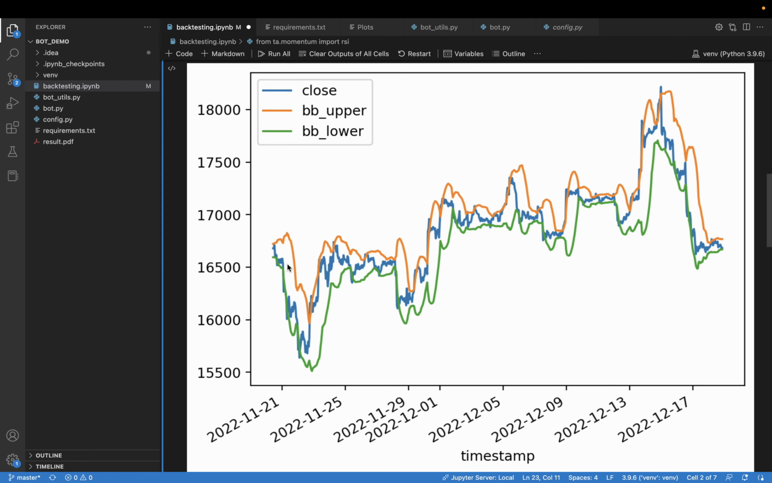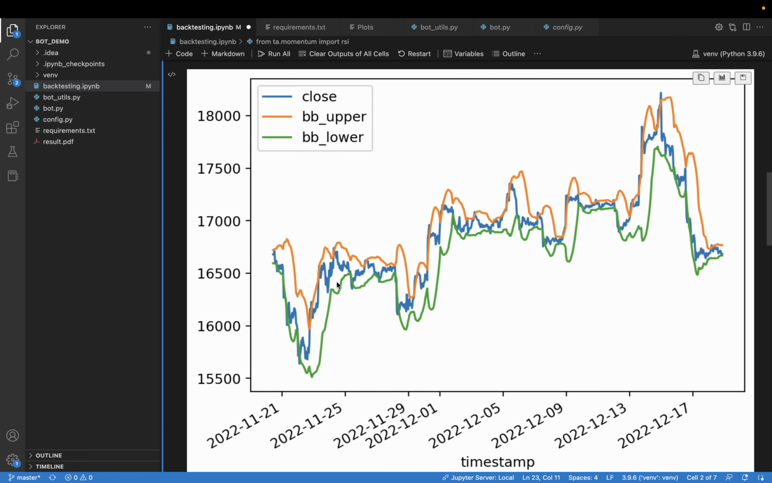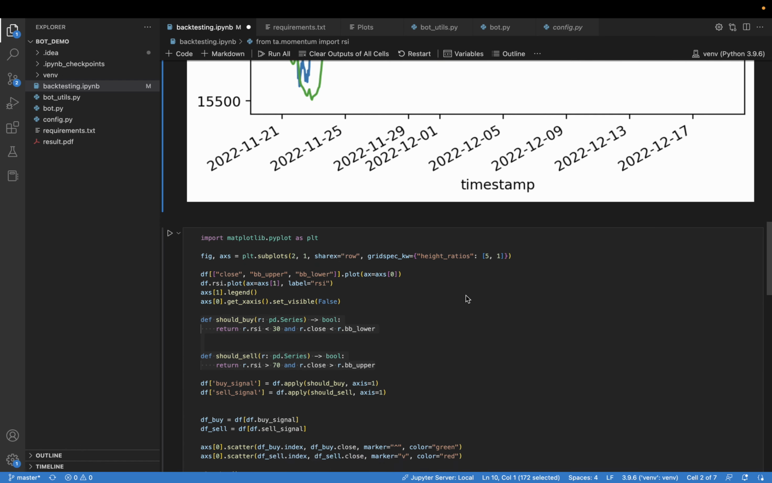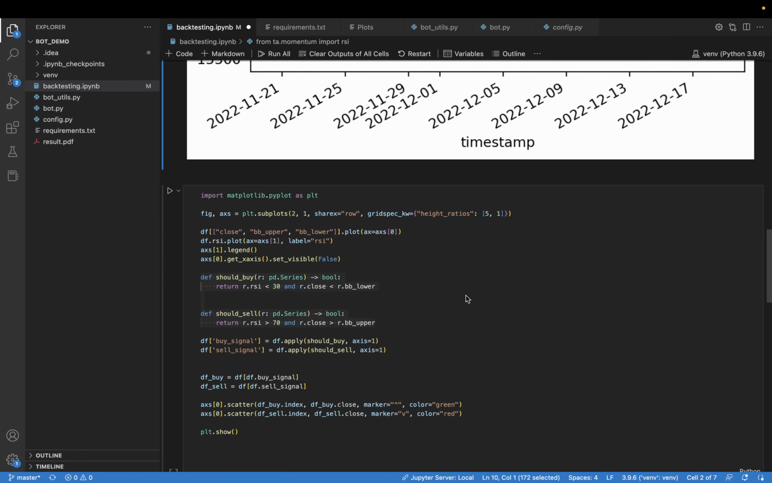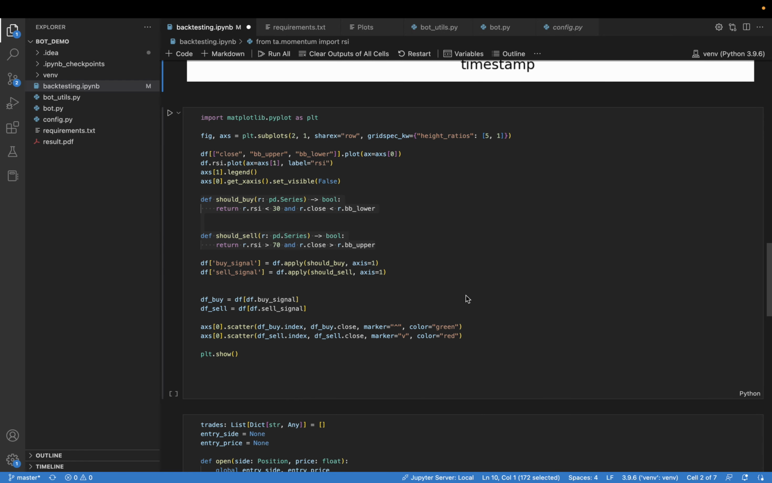Okay. You see the chart. Here's upper band, here's lower band, price. Okay, so far so good. Let's add something else. Okay, we also need to represent our RSI indicator. To achieve that, we need to add one more subplot. To do that,